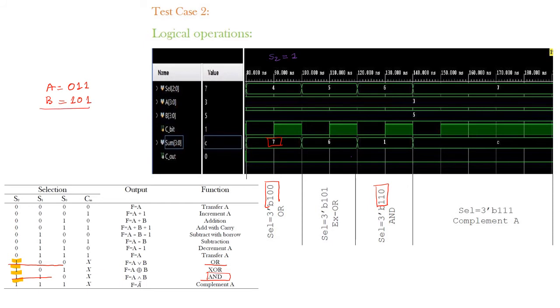The bitwise AND between A and B will result in 0 0 1, which is 1. So we can clearly see the output is 1. In this way, various kinds of arithmetic and logical operations can be performed in an ALU.